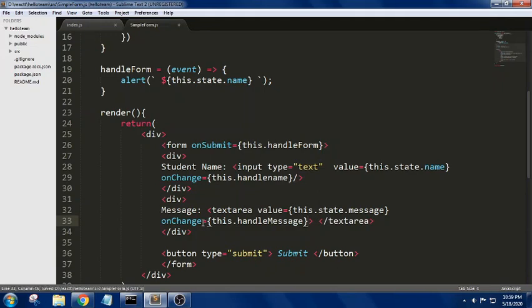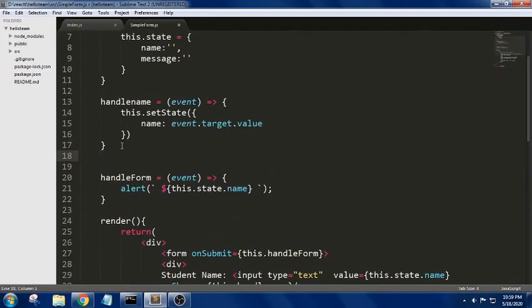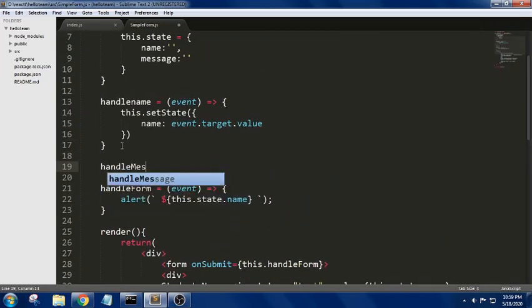Yes, we got this dot handleMessage. Now we will define handleMessage here, as we have done with handleName. handleMessage equals an arrow function which accepts the parameter as an event.